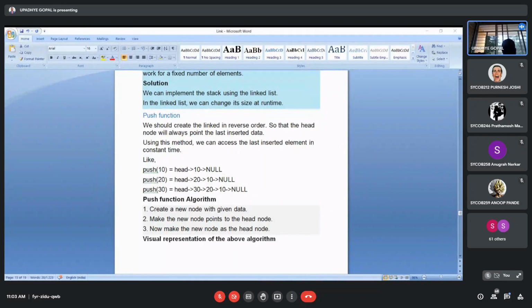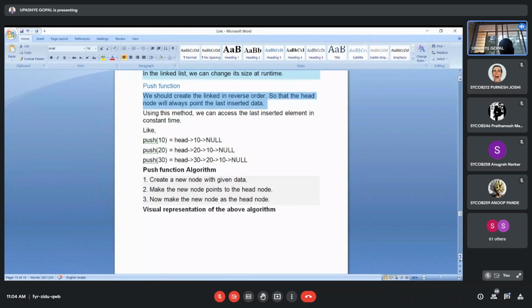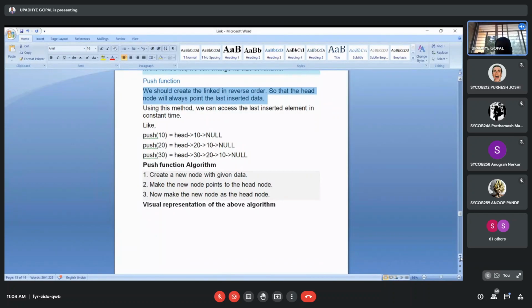This way things are. If I want to insert, suppose, 100, then head becomes 100 and the list will be like this, one node after another. Now, how does this algorithm work? Create a new node with the given data, similar to the insertion we have seen in previous slides. Initially we create an empty node, and after that a new node for the given data.